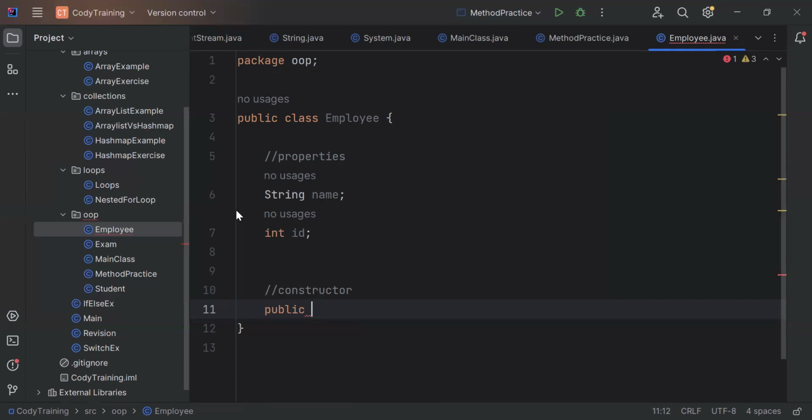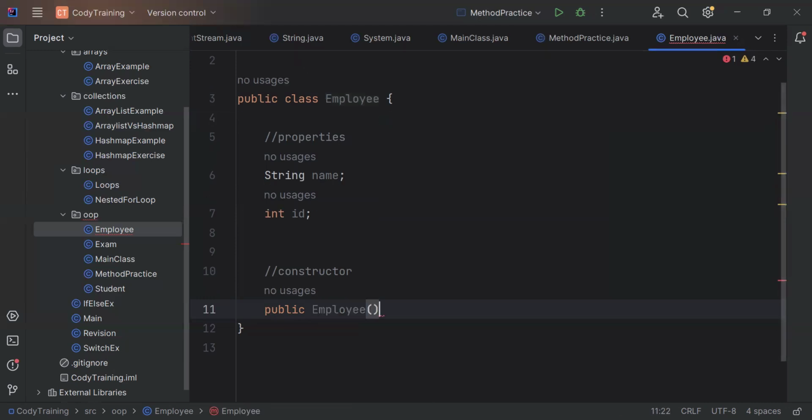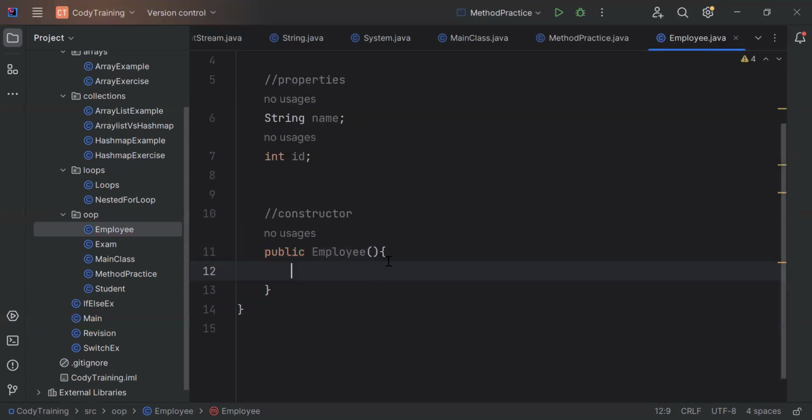Third, the constructor name should be exactly the same as the class name. So I will just copy my class name and put it as my constructor name like that. Then the rest is the same as normal functions. Like here, I will put two normal brackets. Then the body of this constructor will be two curly brackets. This way,